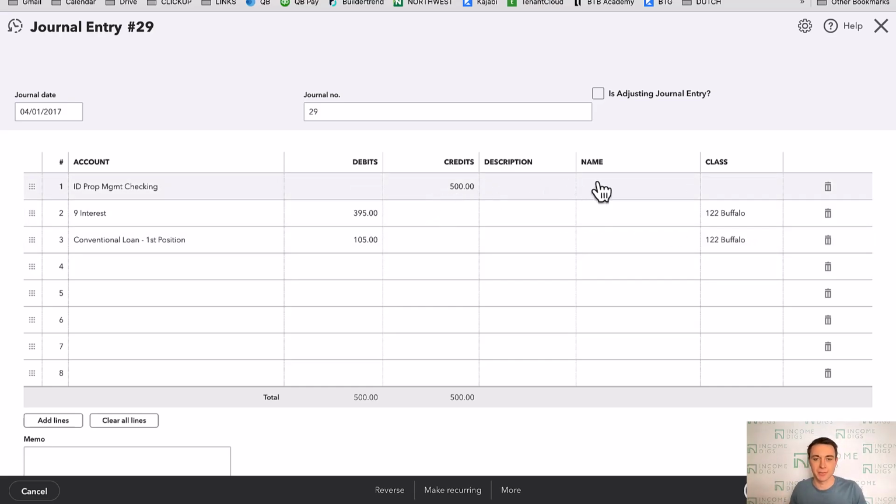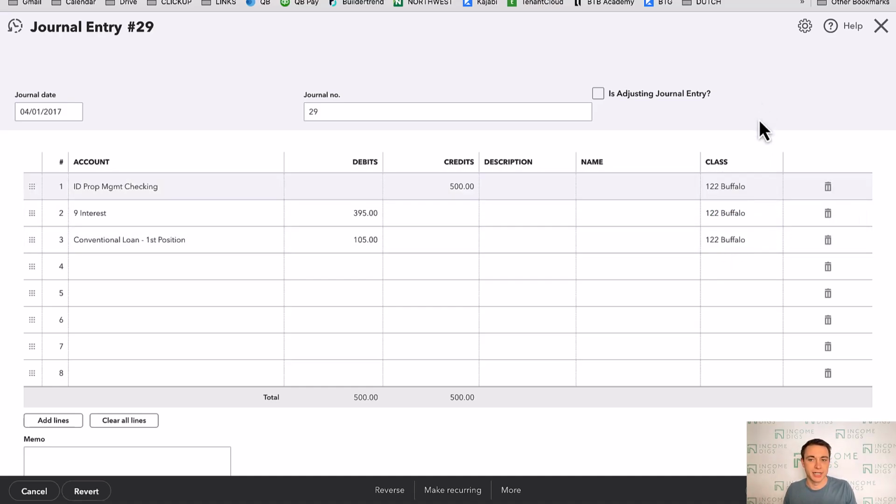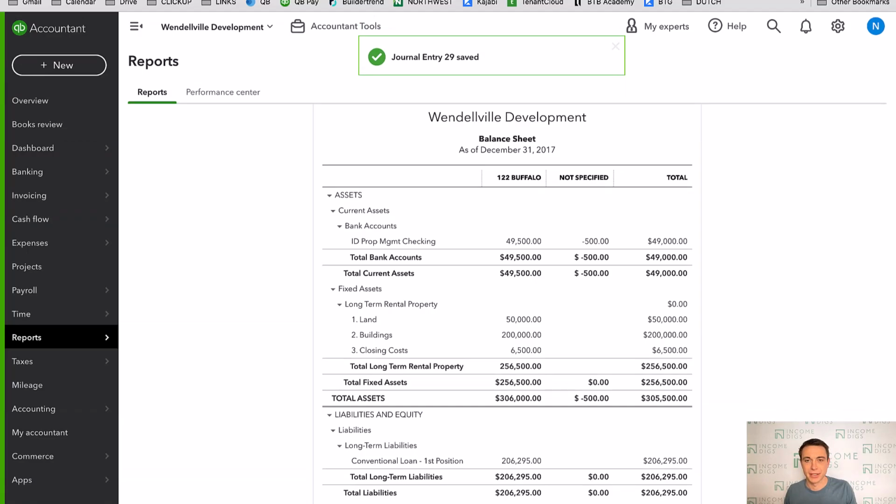And it doesn't do the split up of this 500, it just has the 1. If there was multiple classes here, we need multiple classes on this as well. Now, in this journal entry, I can add 122 Buffalo Street. I can do that. But QuickBooks isn't going to give me that option on the expense. So if I save and close this, you're going to notice that amount, actually,